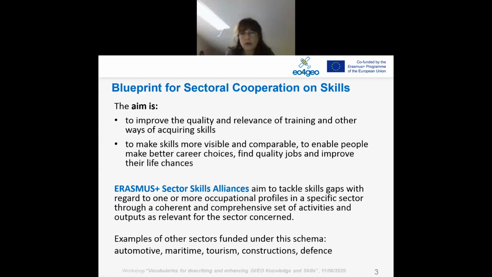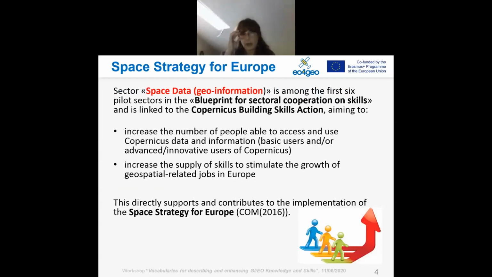And just to quote but a few, we have the automotive sector, maritime, tourism, constructions, and defense, for instance, with whom we also tried to establish collaboration. Also important to say that the space data geoinformation, so-called sector, so space geospatial, was among the first 6 pilot sectors selected to be funded under the schema of the blueprint for sectoral cooperation on skills. And in this sense, they were also,